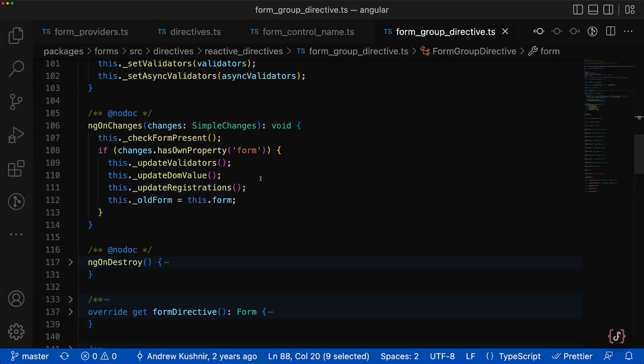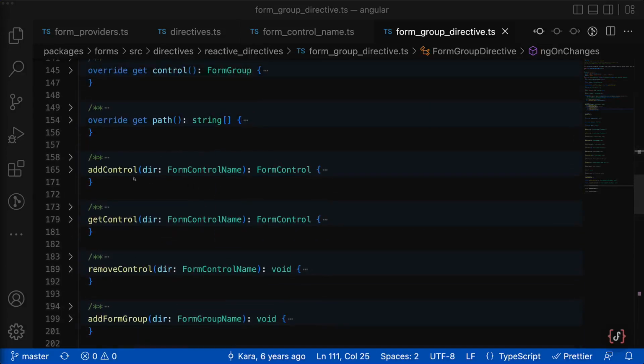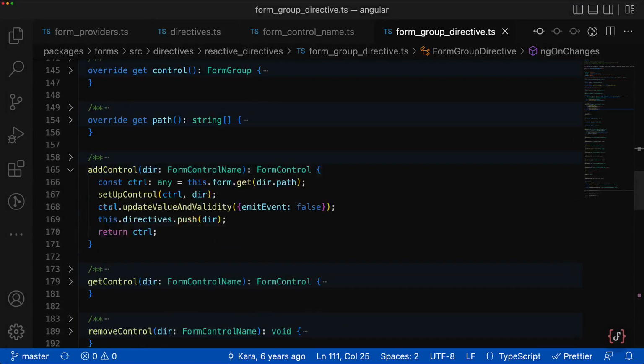Here basically happens resetting of validators, values, etc., because the new form arrives and all those things need to be recalculated. I wouldn't say that there happens anything that we have to pay special attention to. So let's move forward, and better, let's find the addControl method that we called in the FormControlName